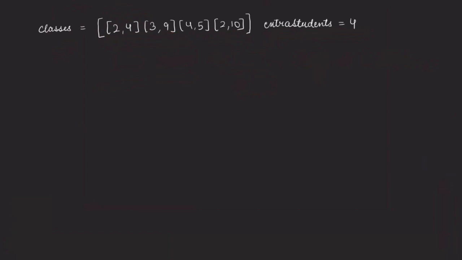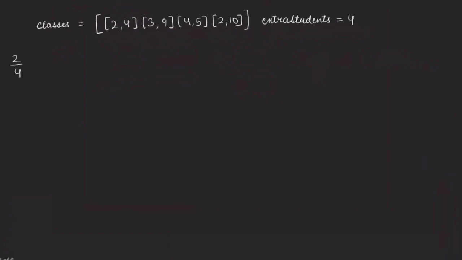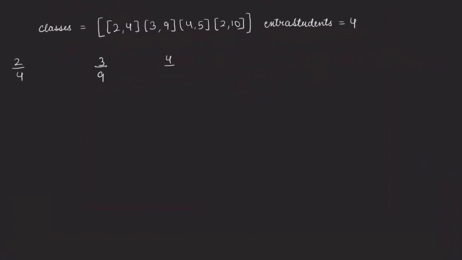So now how are we going to do this? Let's think of a greedy approach for solving this. Initially, what are all my values? The first one is 2 by 4, right? I will try to find out the pass ratio for each of the classes, right? So it is 2 by 4, 3 by 9, 4 by 5 and 2 by 10, right? What is their pass ratio? It will be